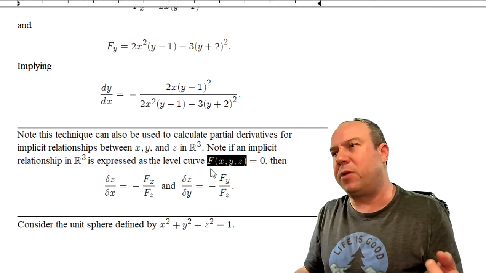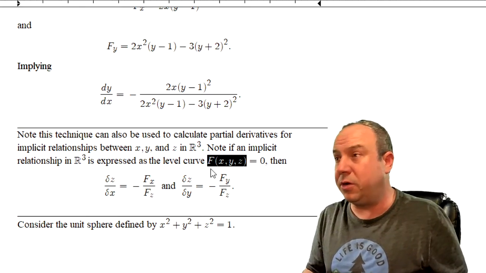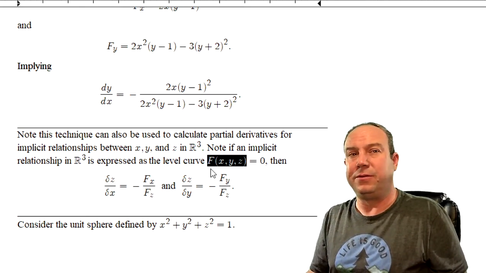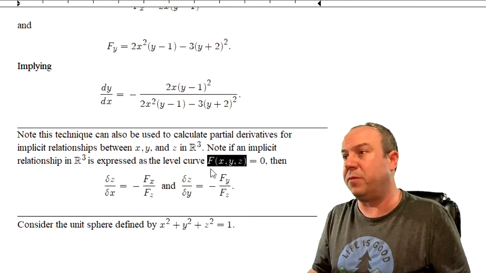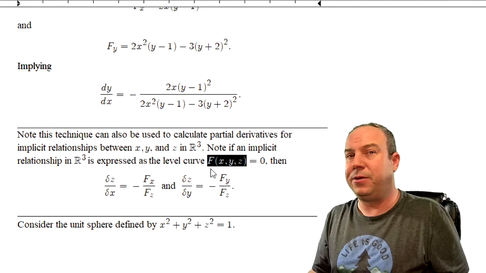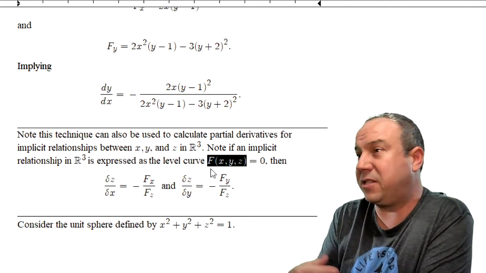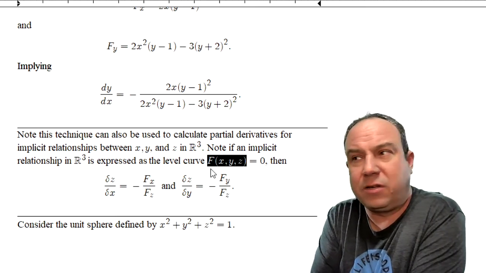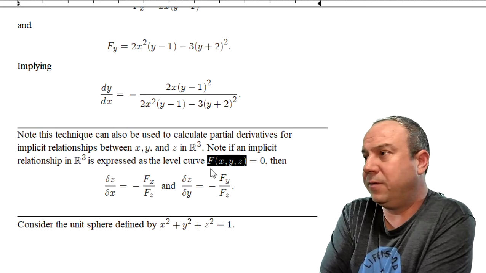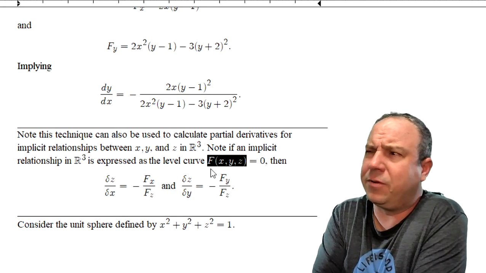The output f for those inputs x, y, and z, that's 4 dimensions. When we take that 4-dimensional surface and set it equal to 0, we have an equation in 3 dimensions. And that equation in 3 dimensions is a level curve for that 4-dimensional surface. Well, if we do something similar to what we've done above and express that 3-dimensional equation as a level curve for a 4-dimensional surface,